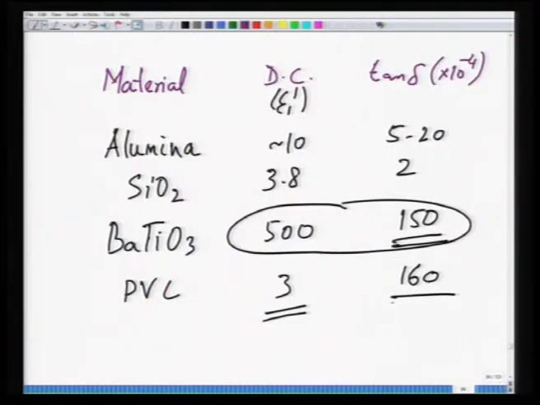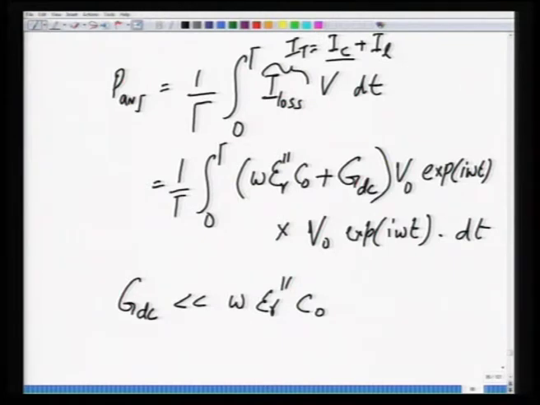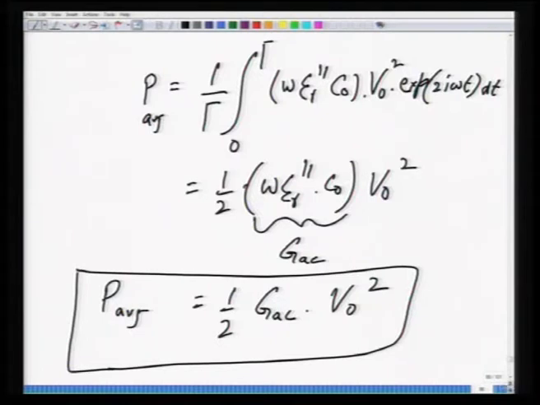Then we looked at some materials. So, these are the dielectric constant and losses of a few materials, and then we looked at the power dissipation, and what we found here was by using the same approach as we took in case of an ideal material, we just integrated the current for the time period. So, this is the average power loss. So, average power loss becomes half of G_AC into V naught square. So, this G_AC is the conductance related to the AC component of loss current.